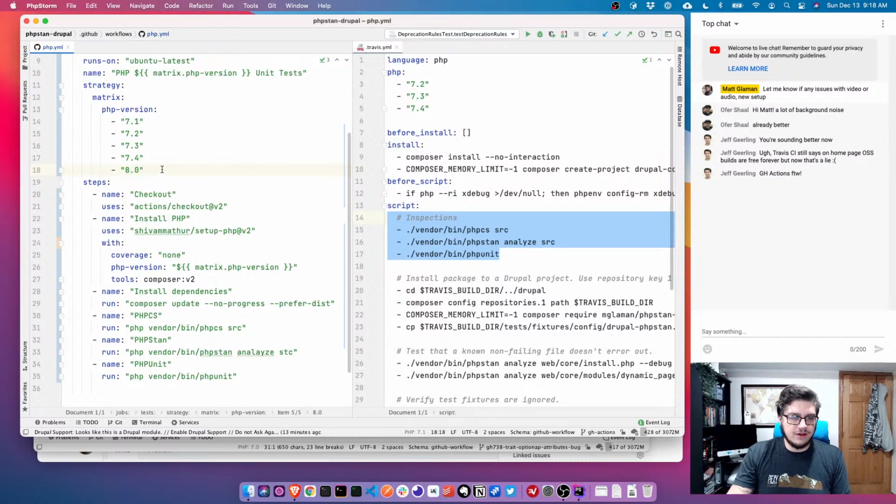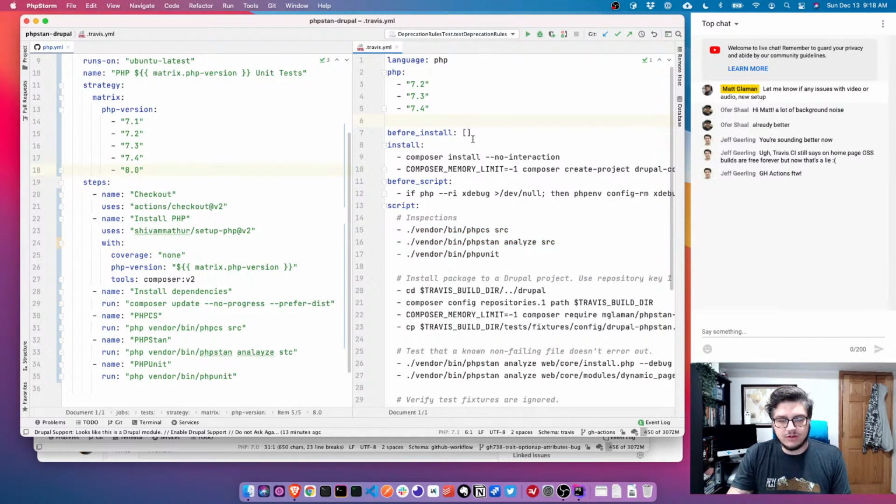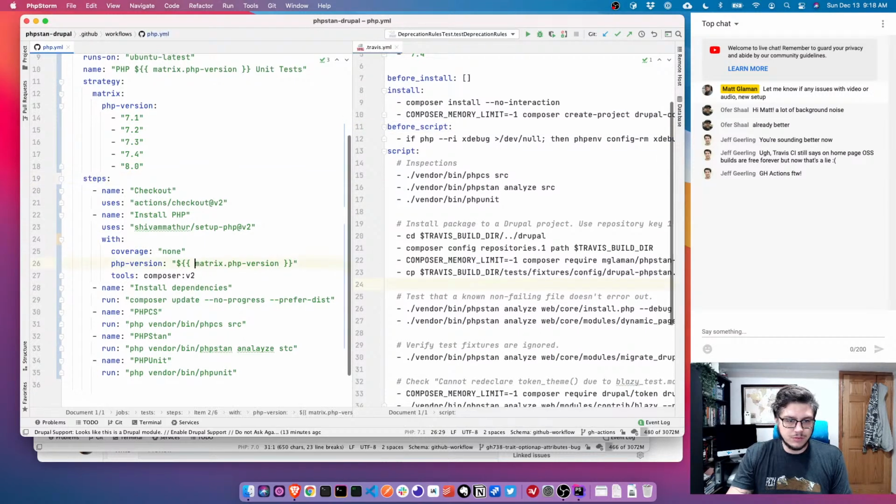PHP 8 will fail, and we're going to have to find out how we can add that, but do an allow fail. Travis CI did allow that. When you set up a build matrix, you could add one that allowed one specific workflow to fail. For now, we're going to